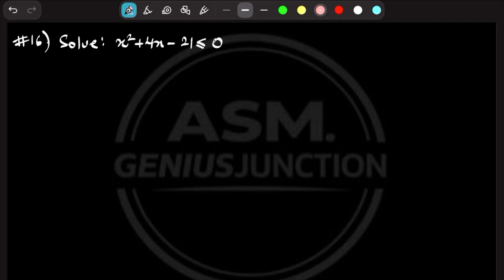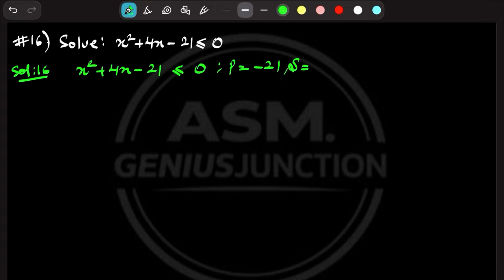So now this is question number 16, in continuation with video number 1 and video number 2. This question is based on the concept of quadratic inequalities. First of all, we need to split the middle term. So we have x square plus 4x minus 21 less than or equal to 0. Now we need two numbers whose product should be minus 21 and their sum should be 4. So the numbers are going to be